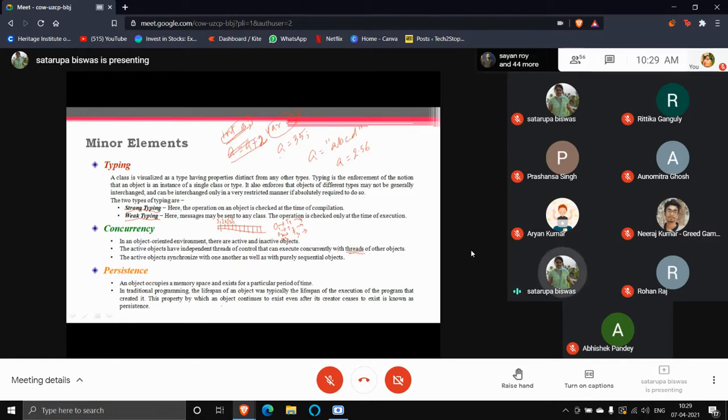The property by which an object continues to exist even after its creator ceased to exist is known as persistence. So it can happen that after the creator program has exited, the object is still residing in the memory, sustaining in the memory. That is called persistence. Some programming languages support that.